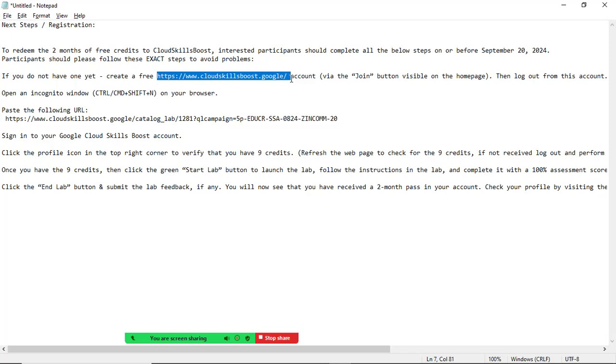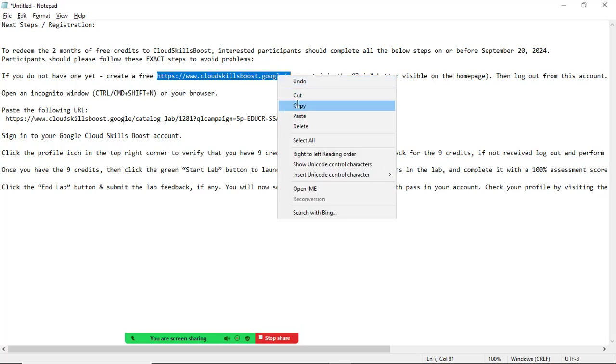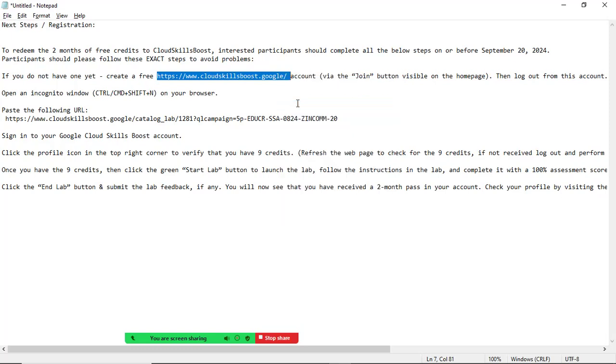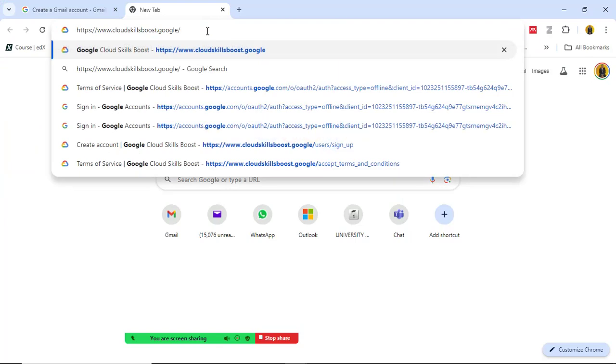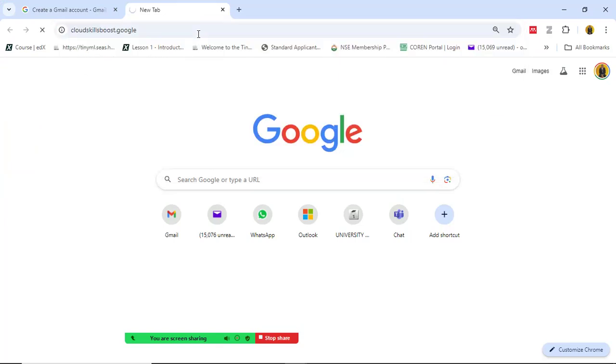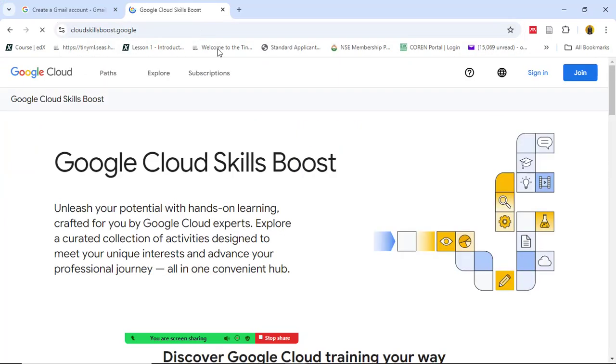So they want you to copy this link. So I'll be copying this link, and look at the instruction via the join button. So let's go to our web page. Can you see? I've clicked it. Let's see what it brings. This is the interface I will bring when I go to this interface, and you click your